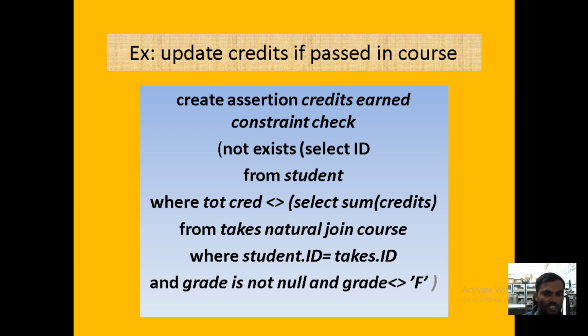In today's class you learned about constraints. Constraints are very important. Under constraints there are primary key constraint, not null constraint, unique constraint, referential integrity constraint, default constraint, and check constraint. These 6 constraints are very important. Then in the lab also we will see how to use the constraints and how to define them at the time of designing the database schema. We will learn the practical part; this is the theory part.